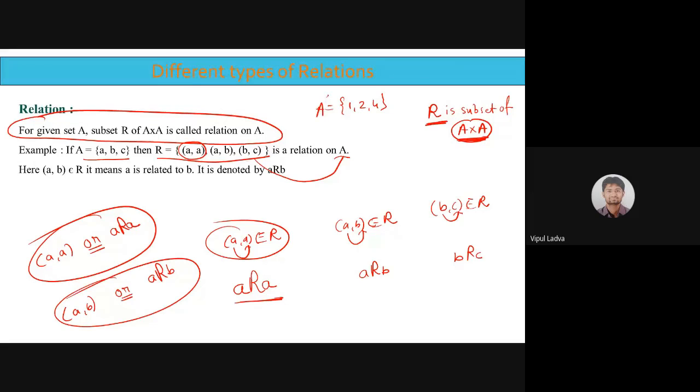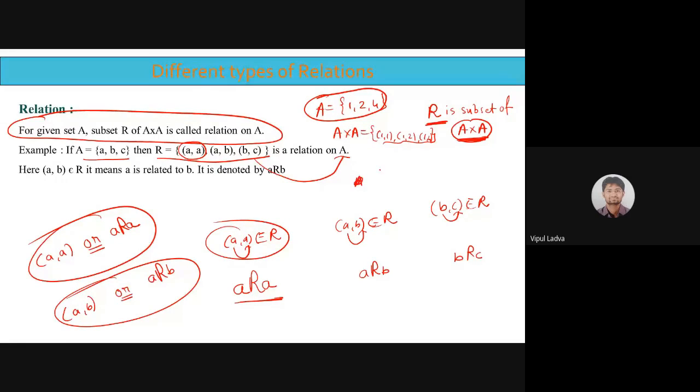ठीक है. अब थोड़ा A क्रॉस A के बारे में सोचिए. इफ योर A इज 1 to 4, तो उसके प्रोडक्ट सेट में 3 3s are 9 एलिमेंट आएंगे. 9 ऑर्डर्ड पेयर्स विल बी देयर. उसमें कौन सी पेयर होगी. जैसे (1,1) भी होगा, (1,2) भी होगा, (1,4) भी होगा, सॉरी (2,1) होगा, (2,2) होगा, (2,4). इज इट? अब उसमें से कोई एक प्रॉपर सबसेट उठा ले.